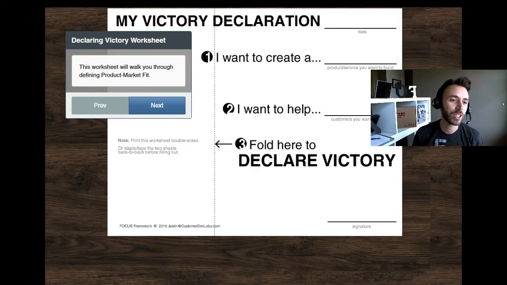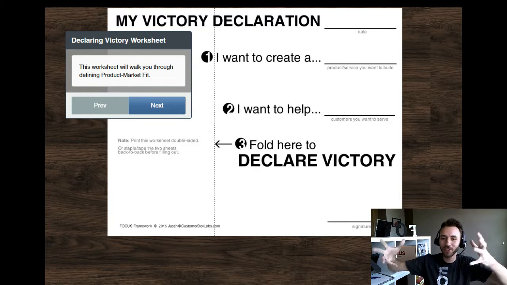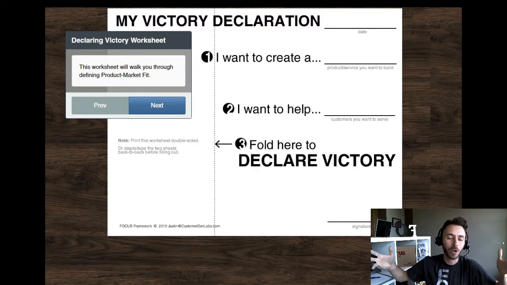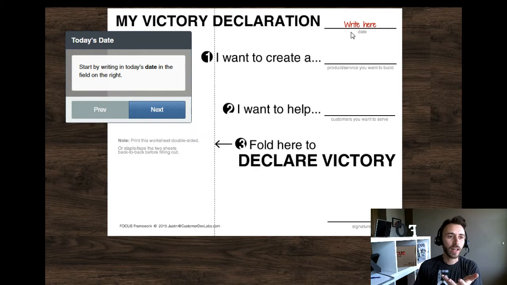So what this is supposed to replicate is, if we were hanging out in person, I would actually give you a worksheet. And so we're going to fill out this worksheet together, but in a digital way. Okay, so now what you're going to do is you're going to click next again. And you're going to see that a little blank comes up here for you to write in the date. So go ahead and write in your date right now,